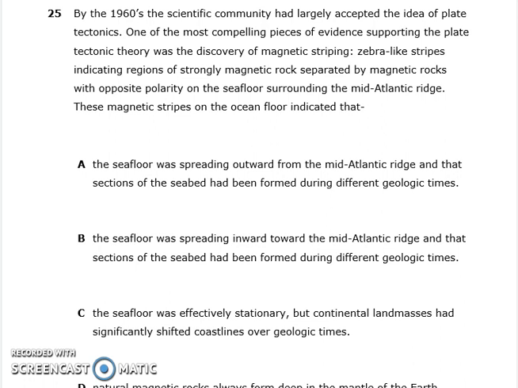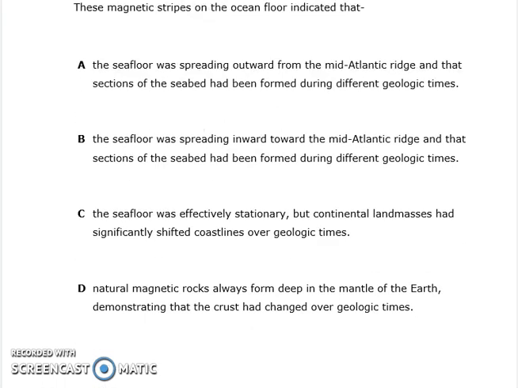Number 25. By the 1960s, the scientific community had largely accepted the idea of plate tectonics. One of the most compelling pieces of evidence supporting the plate tectonic theory was the discovery of magnetic striping, zebra-like stripes indicating regions of strongly magnetic rock separated by magnetic rock with the opposite polarity on the seafloor surrounding the mid-Atlantic ridge. These magnetic stripes on the ocean floor indicated that A, the seafloor was spreading outward from the